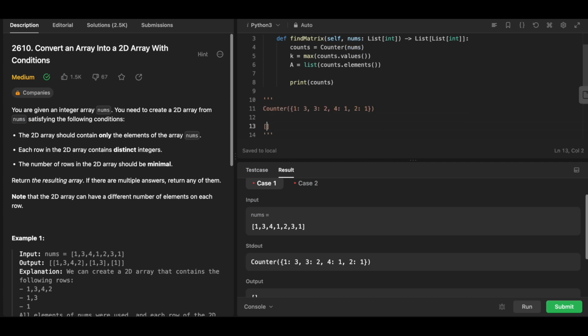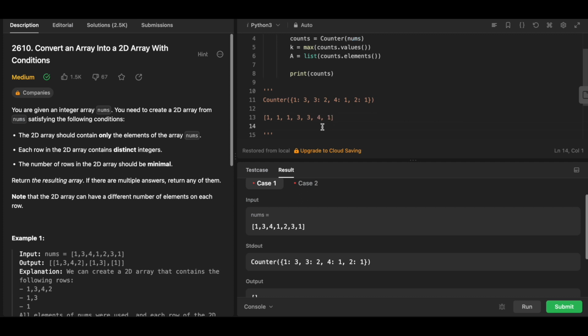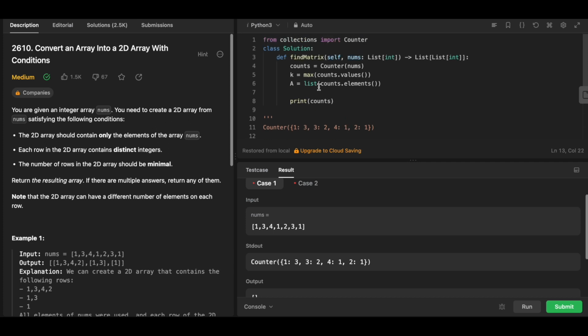Then all this does is return 1, 1, 1, because 1 appears 3 times. Then 3 appears twice, so 3, 3. 4 and 2 appear once each, so 4 and 2. That's all it does. Okay? And then once we do that, we no longer need this, we can return a subset, which is,